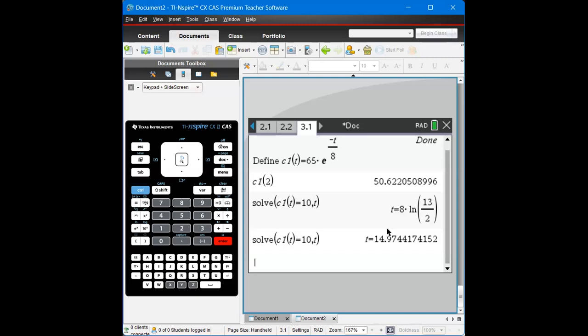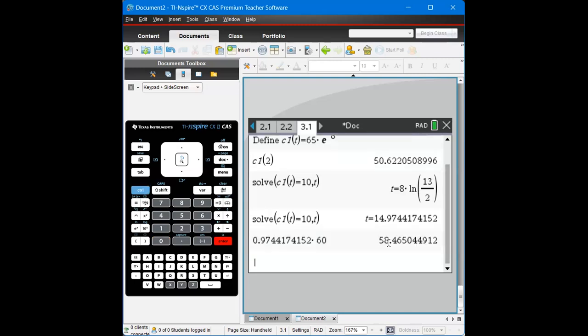It was tricky to see if your answer should be in hours and minutes. In fact, the question at the start defined t as hours. So you want to get this decimal part, 0.97 something, multiplied by 60. So it is correct to the nearest minute using the normal rounding. That is roughly 58